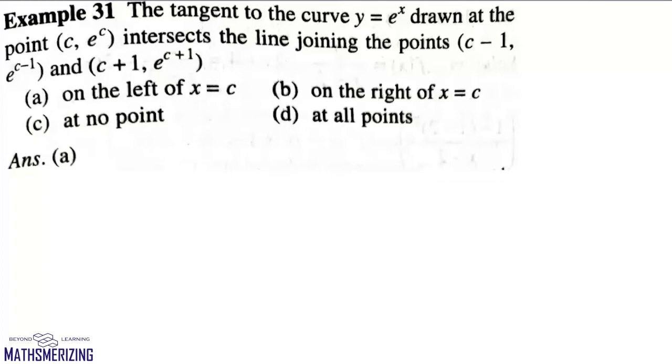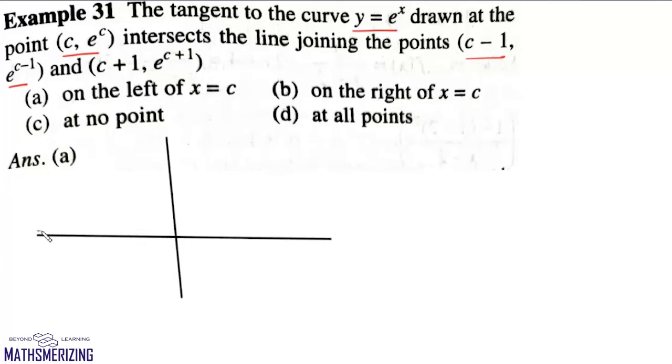Now here the question is, the tangent to the curve y equals e to the power x drawn at a point (c, e^c) intersects the line joining the points (c minus 1, e^(c minus 1)) and (c plus 1, e^(c plus 1)), then which of the following options is correct? Now if we draw the graph of e to the power x, first we'll draw the axis,